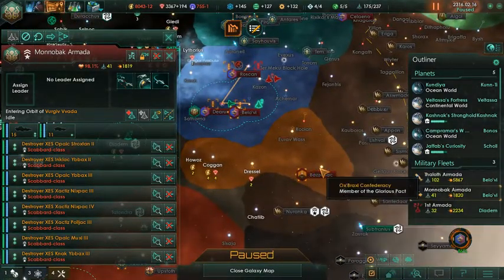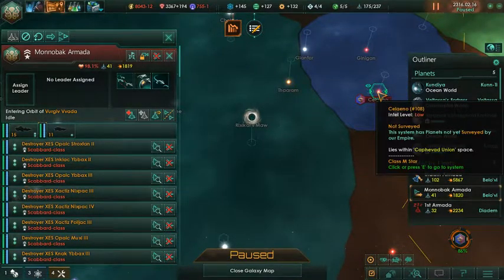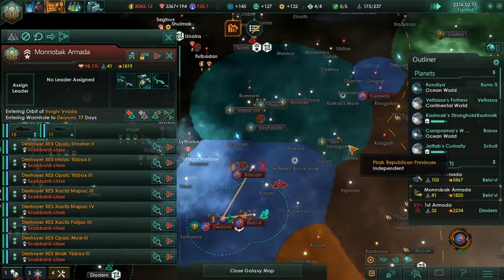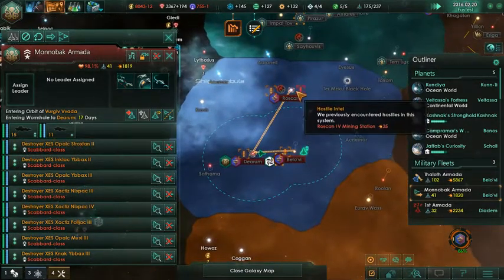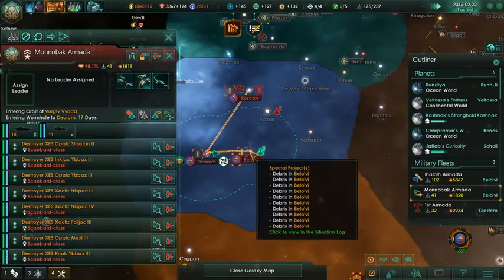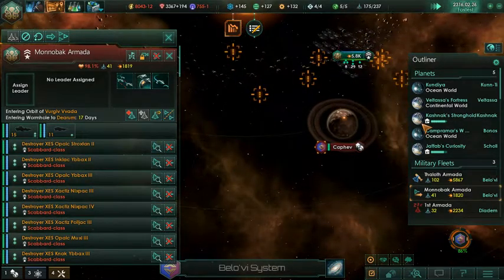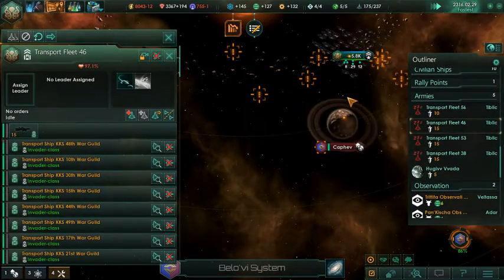And our next target is going to be these guys, or these guys. I forgot about this system. So that's going to be that. And while we're doing that, these guys are bombarding. Are they bombarding? Yeah, they are bombarding. So I can send an army to,